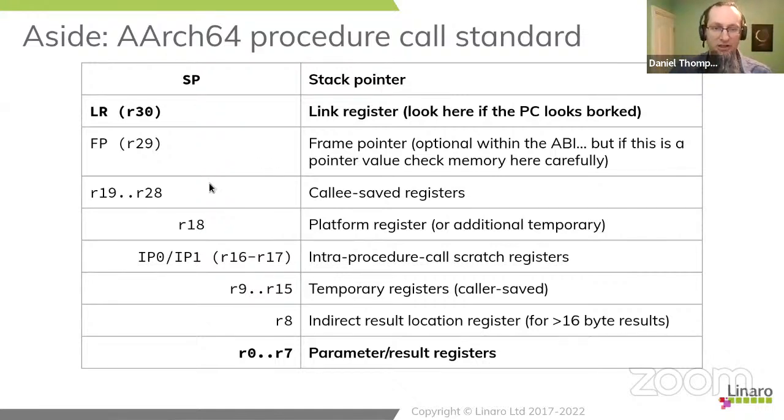Again, there are a wider variety of components involved. The ARM64 procedural call standard does have a frame pointer that is almost always enabled. There are frame pointers in 32-bit ARM, but most people disable them, whereas the frame pointer is almost always engaged on ARM64 systems, which does give us things like fast back traces. It helps profiles run efficiently and so on, but we don't often need to follow them manually because most of the tools will do that for us. But we do have, again, these parameter registers that allow us to try and figure out what's happening to our C parameters. We have the link register. They all act the same as they do on ARM32.